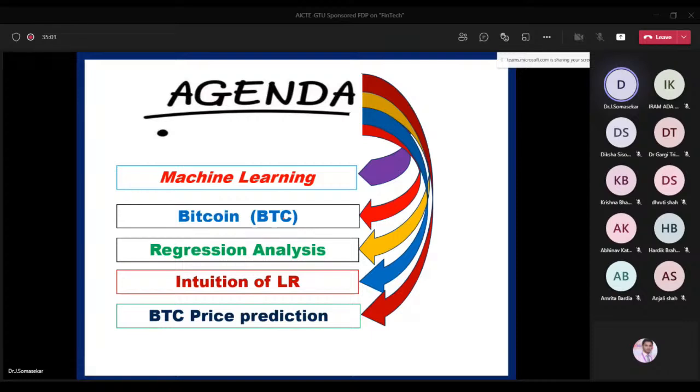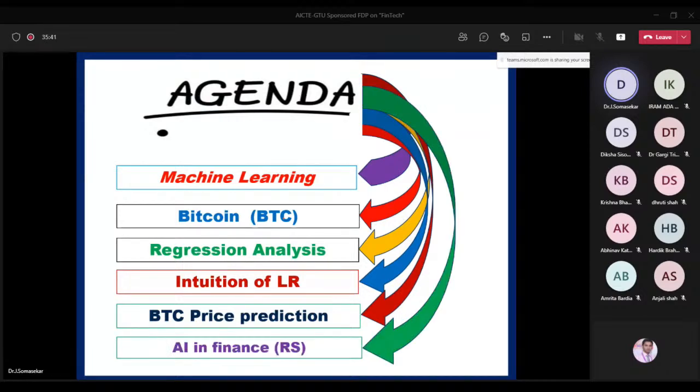Of course, evaluation measures also we are going to discuss, because if I go for any machine learning model without evaluation, it is difficult to decide which model is the best fit for the given data. For example, if we take Bitcoin price prediction, there are so many models available: regression, linear regression, multi-regression, and the LSTM deep learning model. So which model is the best for the given data? For that, we have to go for evaluation. Based on that evaluation only, we can decide this is the best model. Hence, we can deploy it to the application for predicting Bitcoin prices in future. Because of that reason, evaluation plays a vital role. That also I'll explain in detail with examples.